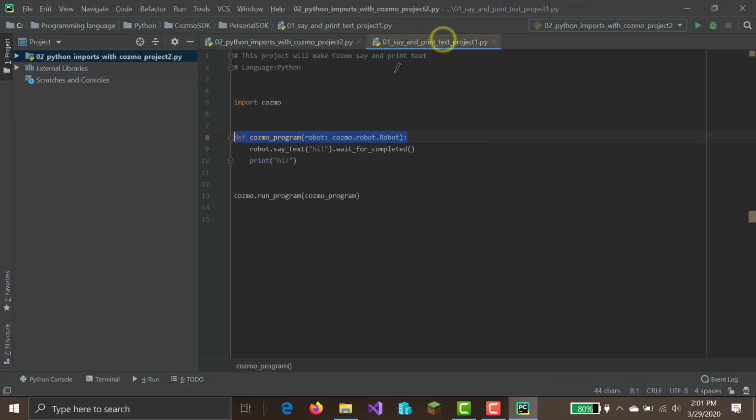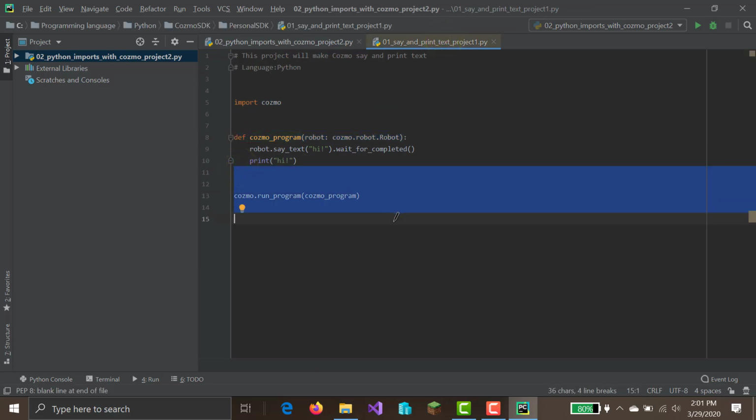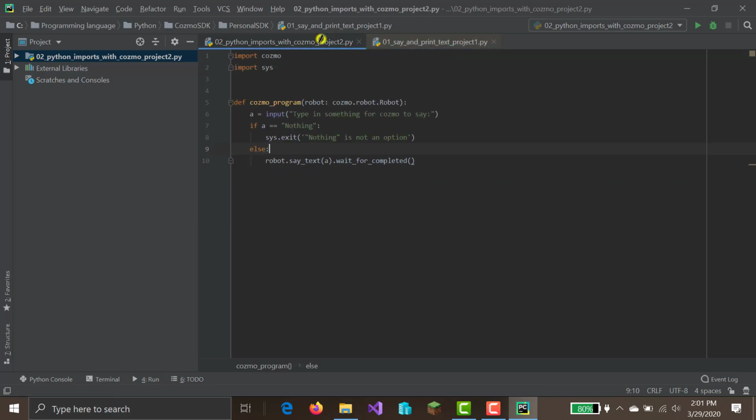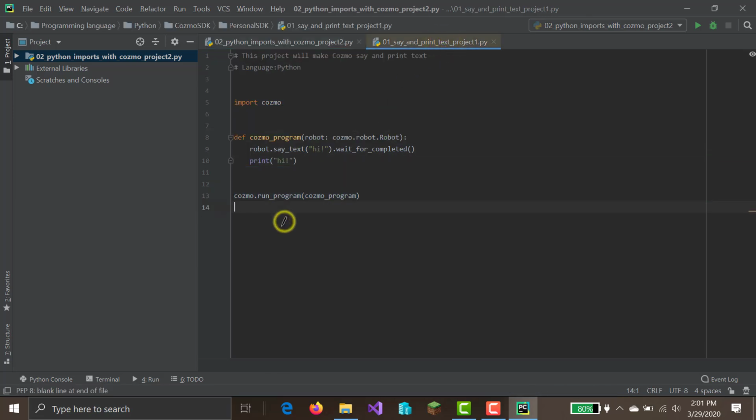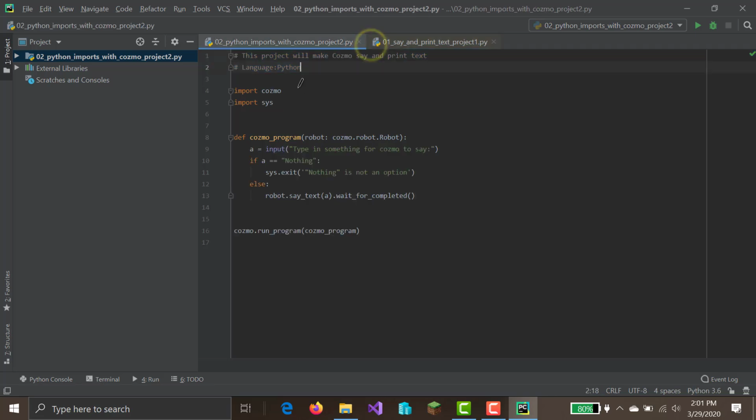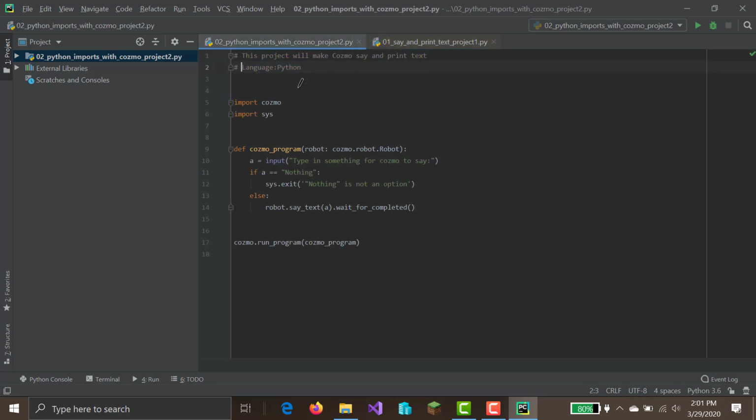Next, we want to add these two spaces: def cozmo_program. And just remove the space. You notice that both are only 14 lines because of these two. I'm going to do it like this, and this project will show us how imports can be used with Cozmo, language Python. So if we run this code out,